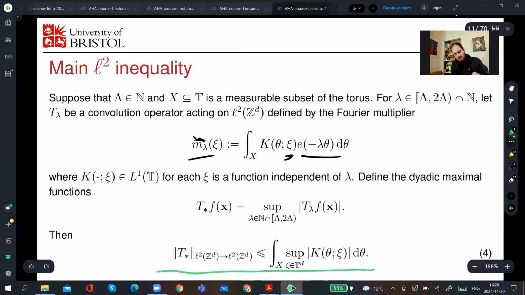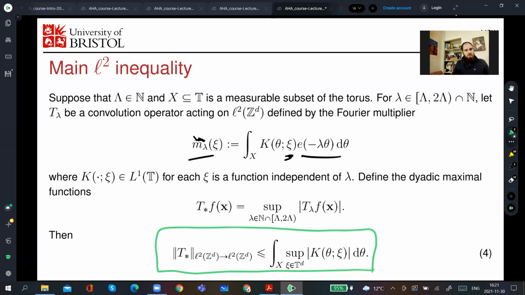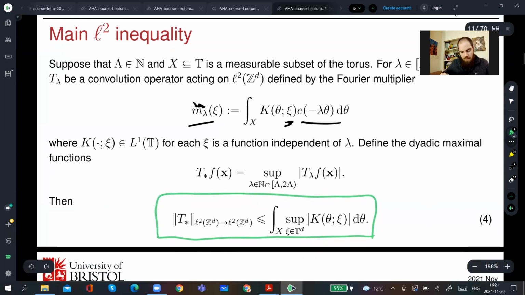And we saw this a couple weeks ago. We saw how to prove this, and we used it to prove a special case of Magyar's theorem on the discrete spherical maximal functions. So this is going to be how we control dyadic pieces, this main L2 inequality, and the transference lemma. It'll generally be a two-stage process. There'll be another trick that comes into play that we'll see in a bit when we need it.